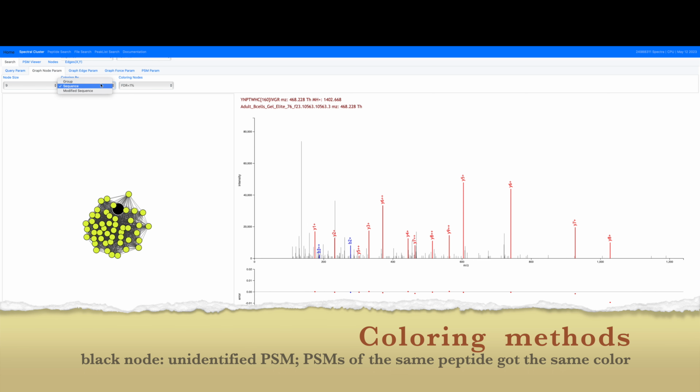Distinct group IDs are assigned to each peptide but are reused in each search. Therefore, the same peptide can have a different color if its group ID changes. By default, Spectroscape uses peptide sequences to color nodes, ensuring that the same peptide always has the same color. The group ID coloring method is also helpful in rare cases when two peptides hash to two unique colors, but they are so similar that the human eye cannot differentiate between them.